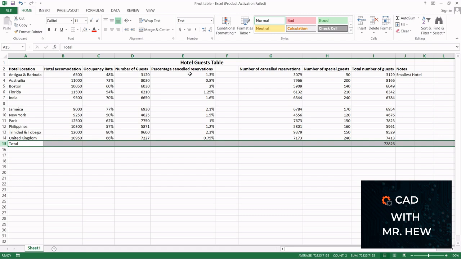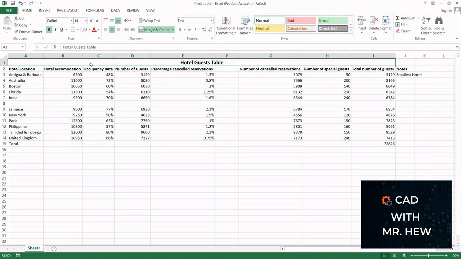What I mean by that is, here we have the title for the table, hotel guest table. If you click on it, you can see that it spans cells A1 through I1. So this would be a merge and center